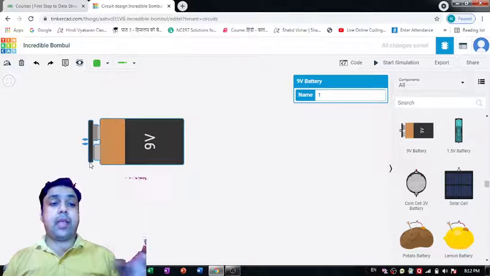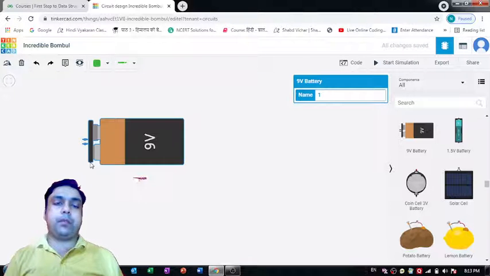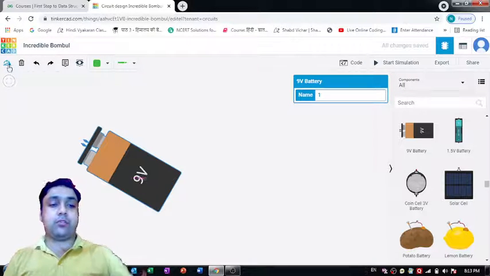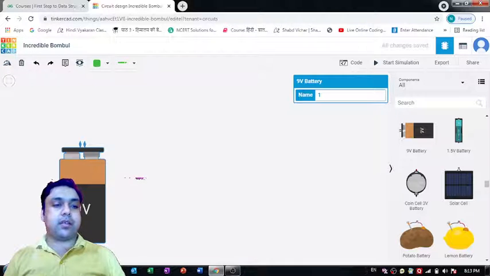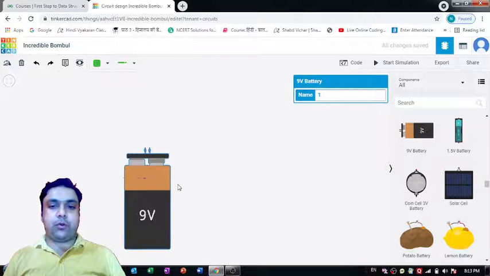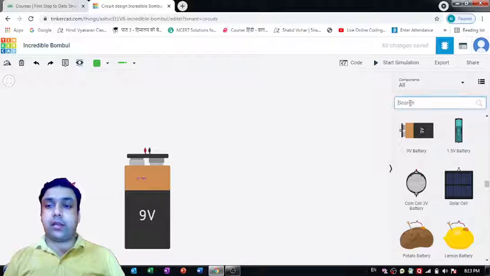As you know, we haven't made use of this battery in any of the previous lectures I shot. So today we are going to learn how we can use this battery in a circuit.